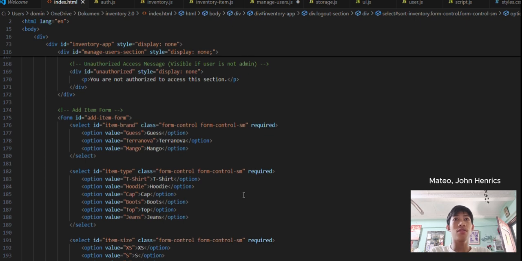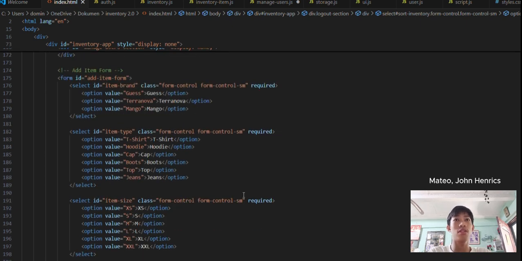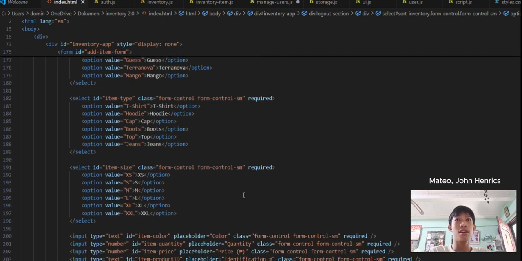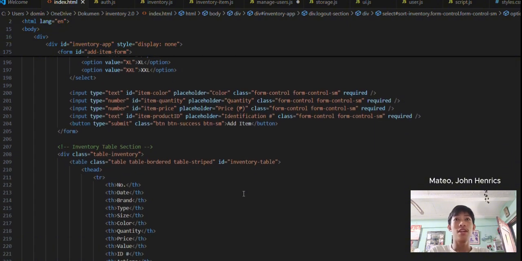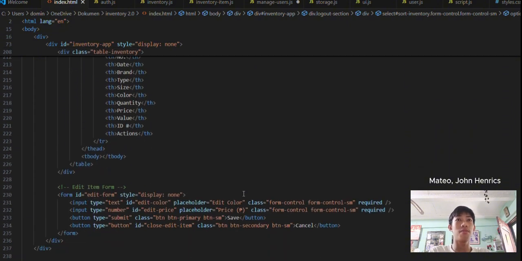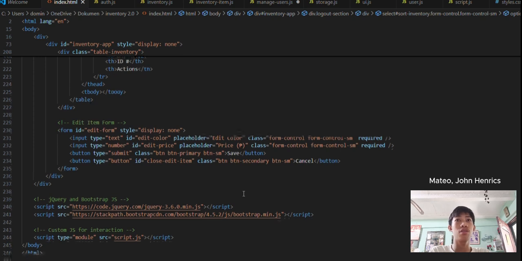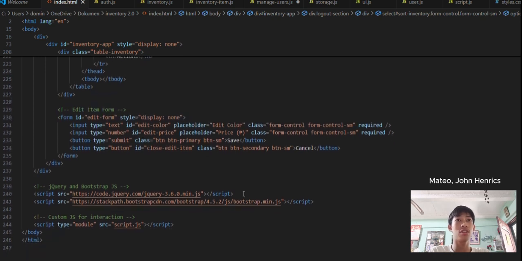A form allows users to add new inventory items including details like brand, type, size, color, quantity, price, and product ID. A hidden form allows users to edit item details such as colors and price. JavaScript is used for handling the interactive elements such as showing and hiding forms, submitting data, managing sessions, and handling inventory